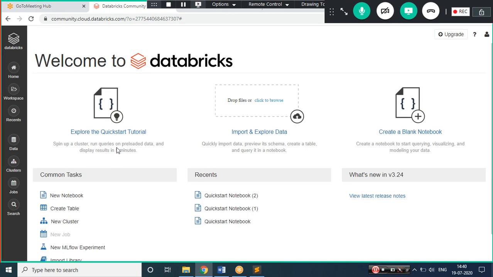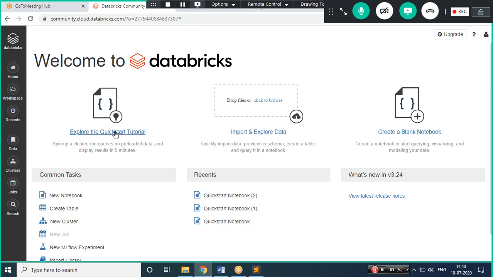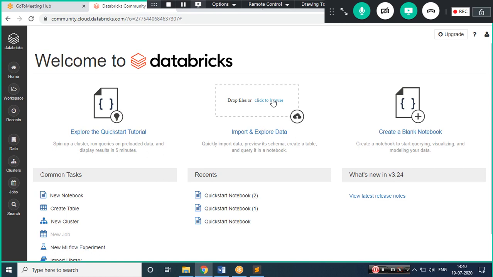This is the home bar, where you can start if you want to know about the Databricks tutorial. They have given certain steps; you can follow that and leverage it. It's up to you. Import and export data, I have already shown you, through various methodologies they have provided, either from AWS S3.